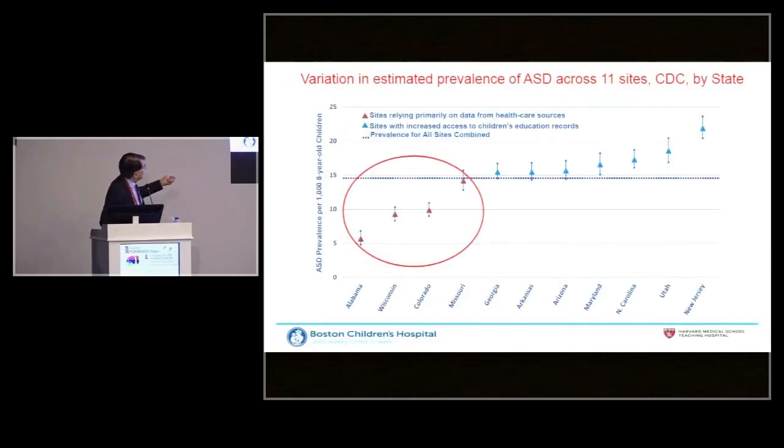These are the CDC data, from the Centers for Disease Control of the United States, that show significant disparities across the states. The top one on the right is New Jersey. That actually was the first study. I don't know if those of you who read autism epidemiology know the Brick Township study that showed a very high rate of autism in the US population, which took so much attention across all the media. But when you look at Alabama, you'll see the disparities in terms of the rates of autism. So we have rates of autism differences by gender, by geographical location, and by race and ethnicity.